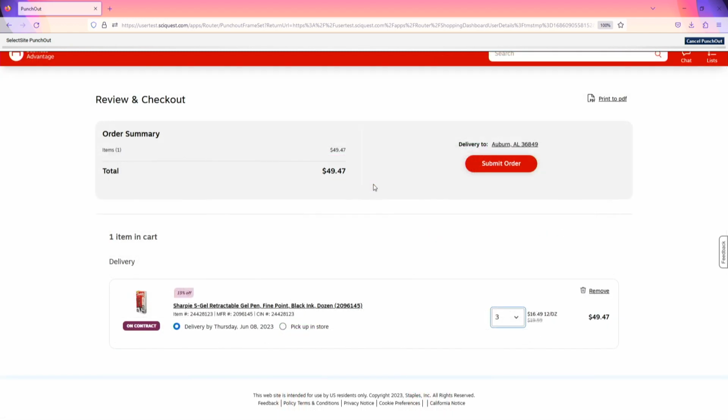Once the items have been added to your cart, ensure that you've met the minimum order requirement. If the order amount is not the minimum requirement needed to check out, please increase the order until that amount is met. Once the items have been added and you've reviewed the items in your cart, submit the order and you'll be